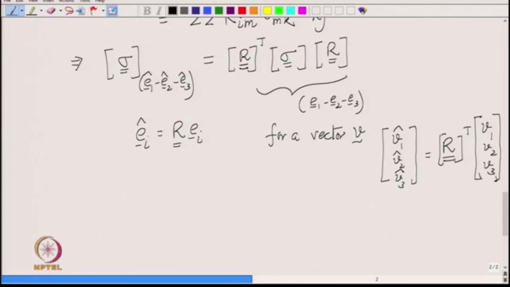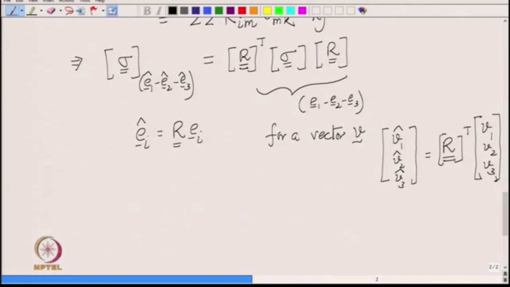Okay, so, you see how the components of vectors transform. In case of tensors, we have two rotations, one gets pre multiplied R transpose and then we have a post multiplied rotation, because it is a second order tensor. With first order tensors, which are vectors, the components transform such that we only have a pre multiplication with R